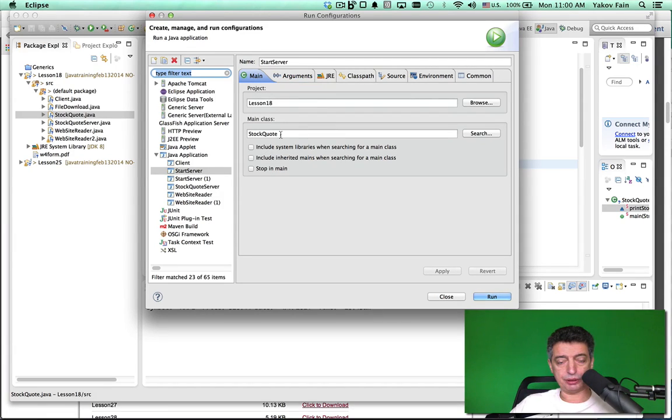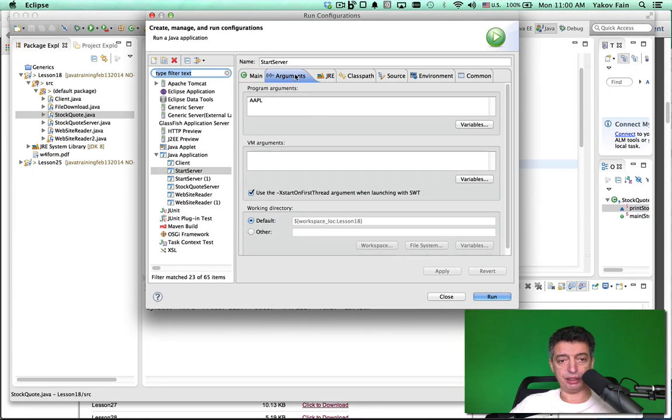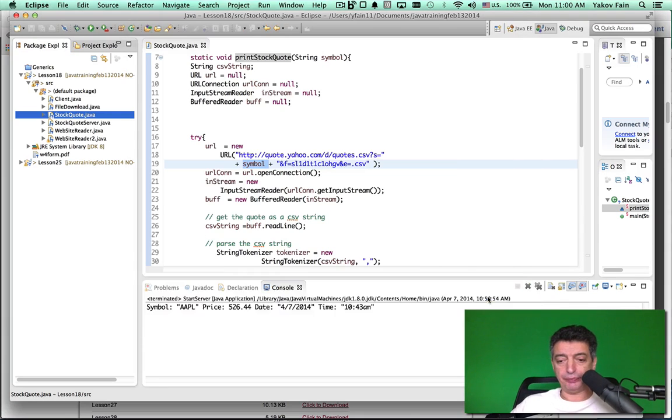It's not. It's a different one. I want to run the stock quote in lesson 18. That's correct. And now let's give it a different symbol. IBM, for example. Otherwise, you're going to say I'm lying. Everything is prefabricated. This will be the thing. Run. See IBM. Price